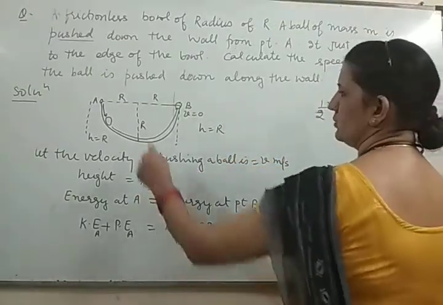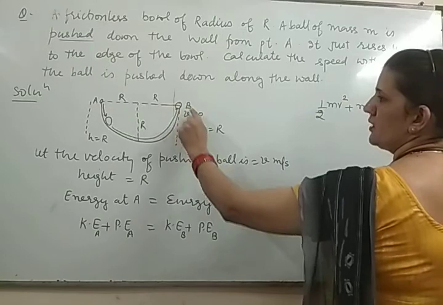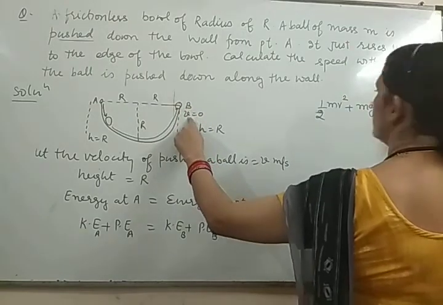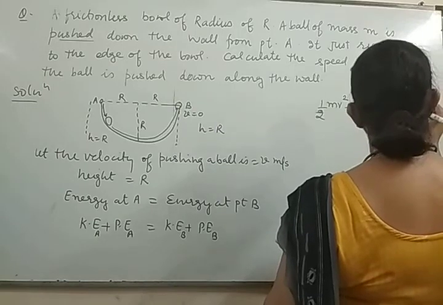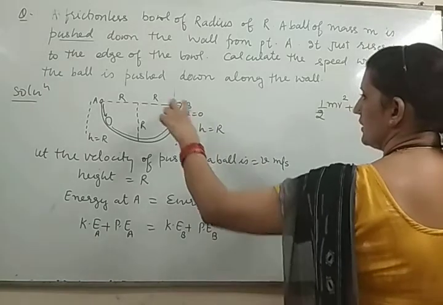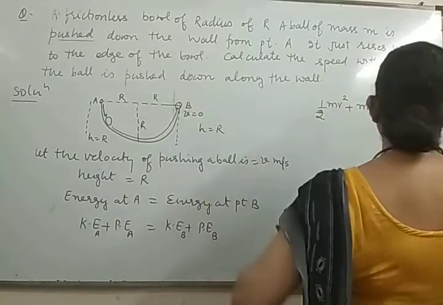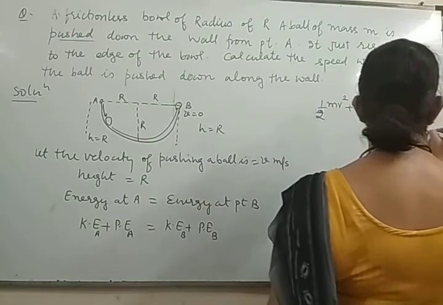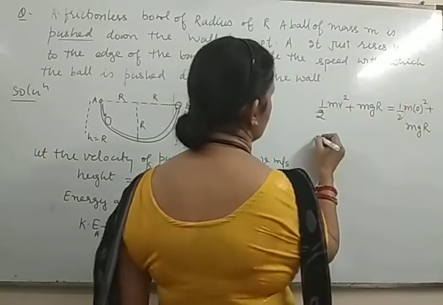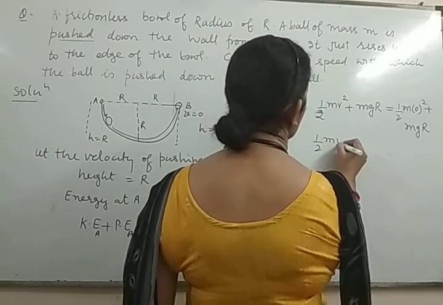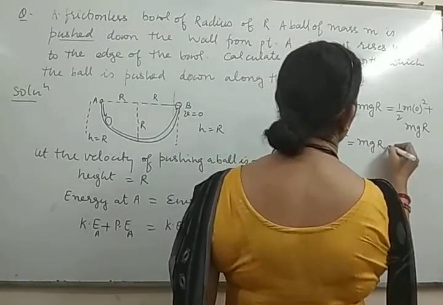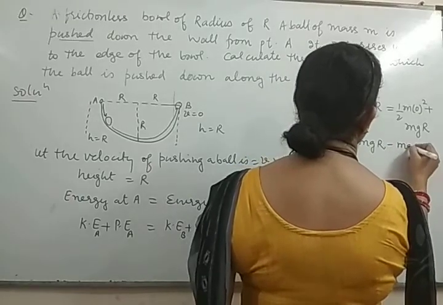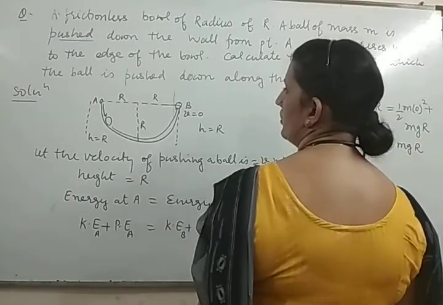This is equal to, at point B, the highest point, the velocity becomes 0 because it will stop for a few moments. So half m 0 square plus the height is r, mgr. So you will have half m v square is equal to mgr minus mgr, or you can say this will